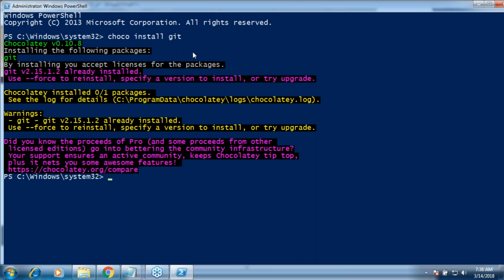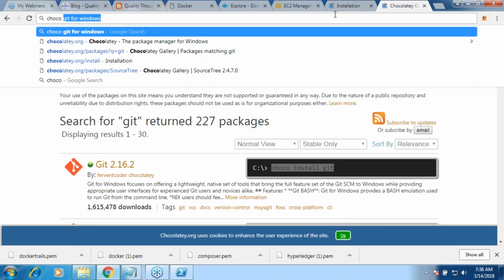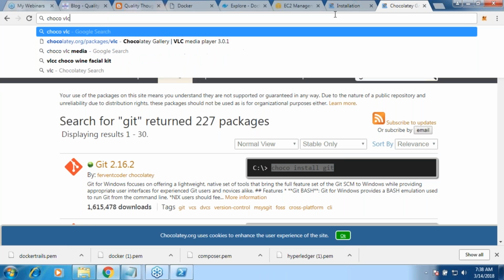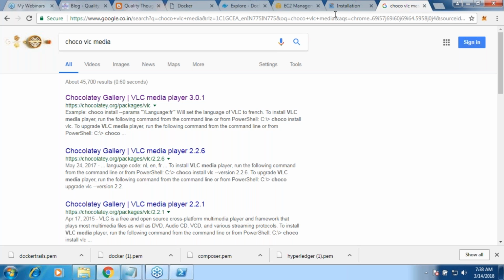To show why Choco is necessary, let me install some other software. Choco VLC Media Player. We all know VLC Media Player, right? All these days we have been installing it by downloading it and double clicking it. Today I'll try to do it in a different way. Let us see how it does.